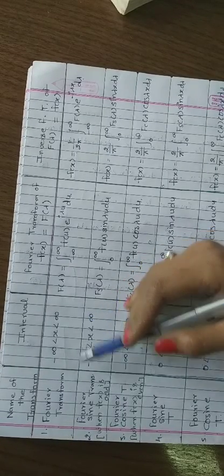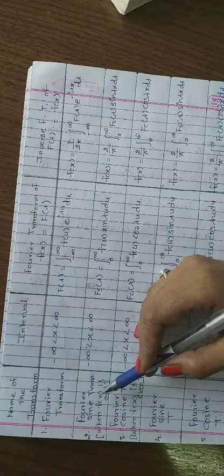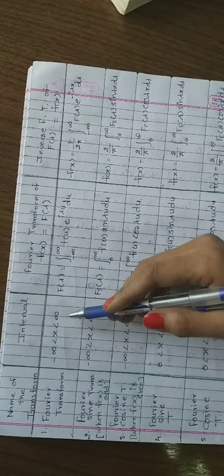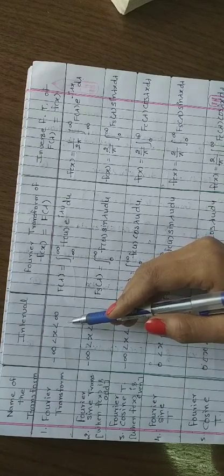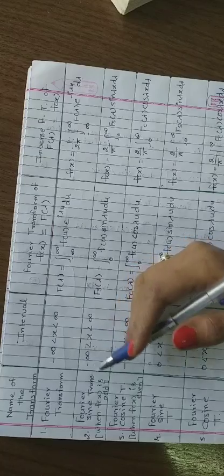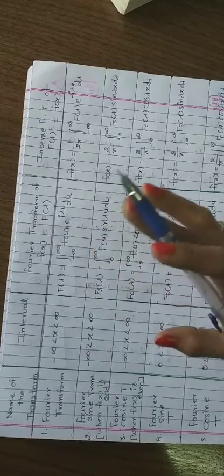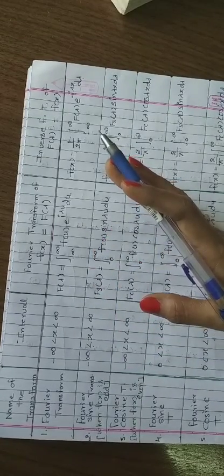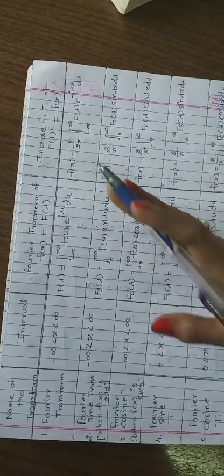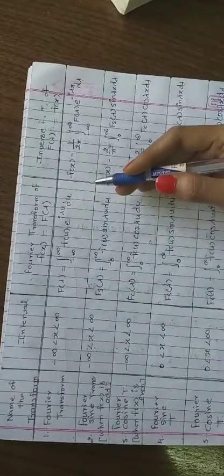And why will we go for sine and cosine? Because calculation in terms of sine and cosine is much easier than in the full interval. So we will be solving by judging evenness or oddness. The first numerical I will solve by both methods, students, but for the rest of the numericals I will first judge whether my function is even or odd, and then accordingly I will apply the cosine and sine transform.